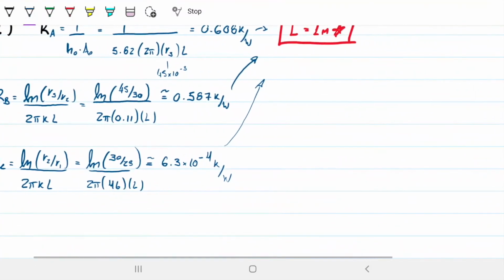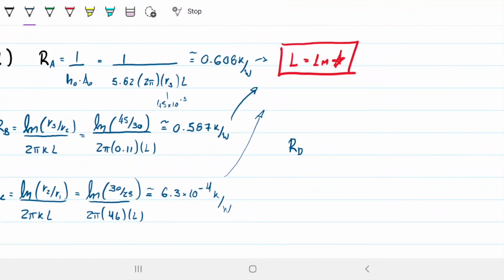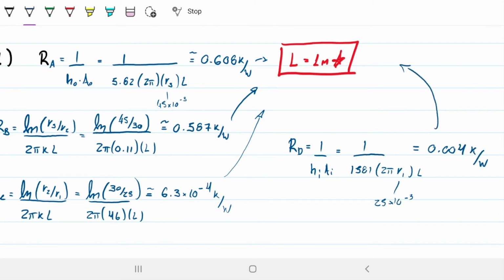And then finally, I might put it here so that it's not too far off and we can have all of them on the same page. I have once again another one due to convection, this time the inner one, so I want the inner coefficient and the inner area. So the inner coefficient is the high one, the 1000 581 and 81. And then same thing here, 2 pi, in this case R1 times L. And R1, we know it's 25 times 10 to the minus 3 to have it in meters. And this is 0.004. So about 10 times greater than the one for steel, but still 2 orders of magnitude smaller than